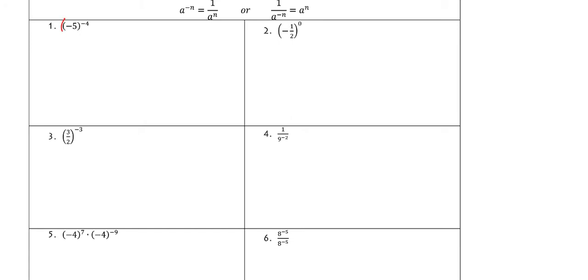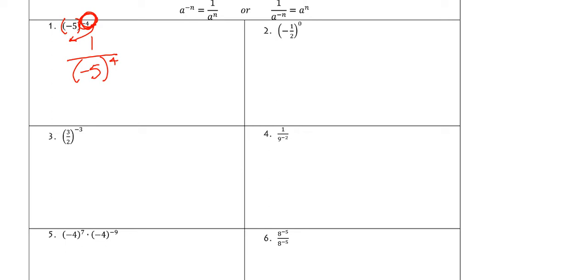Number 1, in parentheses, we have negative 5. Okay, and we have this negative exponent. We want to get rid of that. So negative 5 will stay the number. The negative on the 5 doesn't change, but we want to get rid of the negative on the exponent. So what we're going to do is put it on the denominator. That makes the 4 positive for the exponent. And since there's nothing on the numerator now, we leave it as 1 over, parentheses, negative 5, close parentheses,